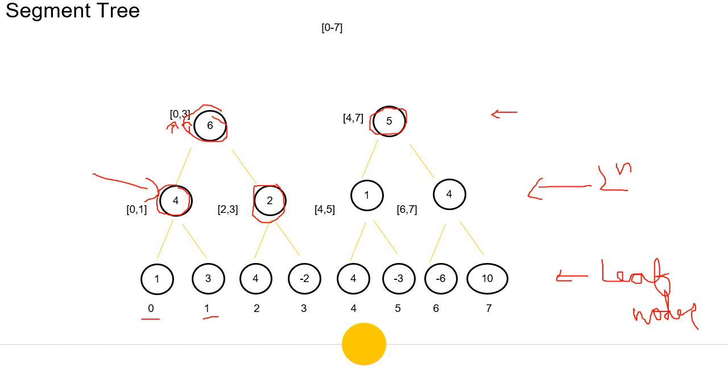Then we'll have a root node which contains the total sum of elements of all the leaf nodes. So this node will contain the sum of all the elements in our leaf nodes, and the indices which it covers are from 0 till 7. So in this way we have efficiently created a segment tree, and this can be used in a much faster way to answer range queries.